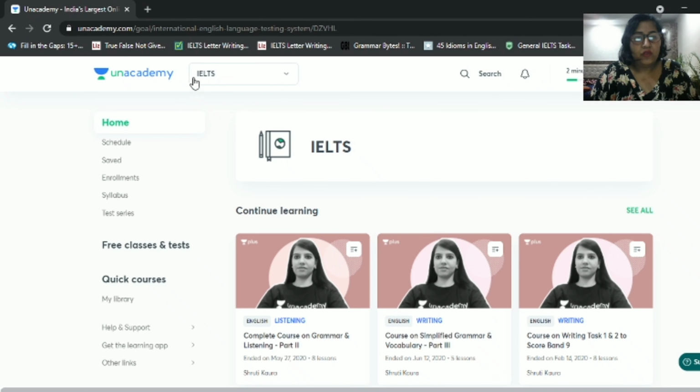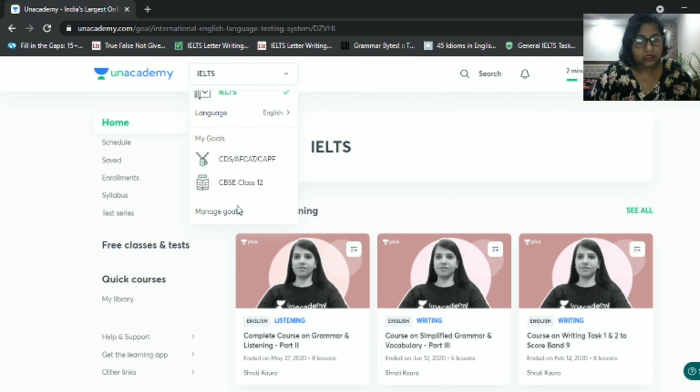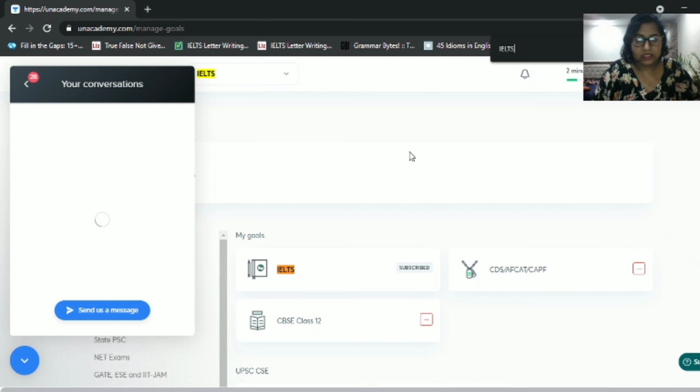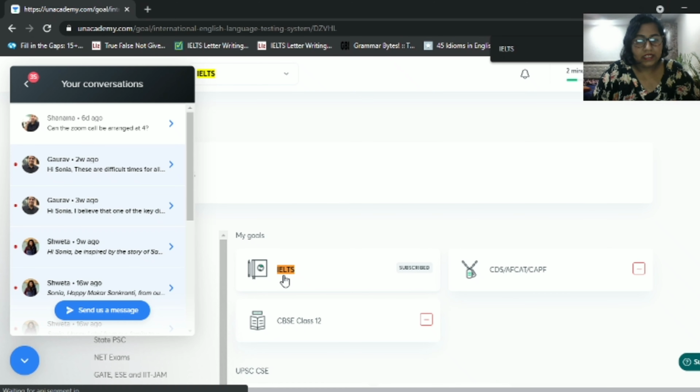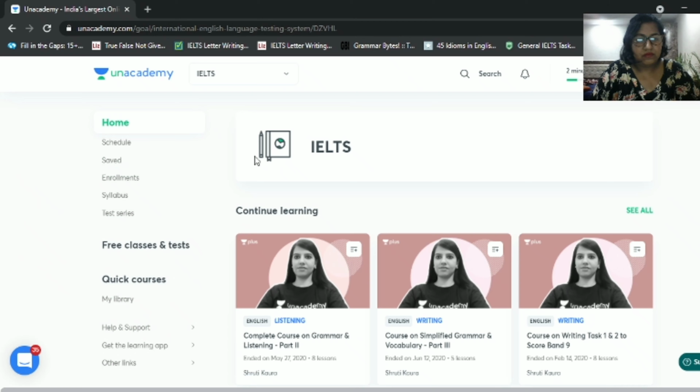See, for me the goal is already selected as IELTS, but for you it would not be selected as IELTS because you are a first-time user. So click on the drop down option, click on manage goals, and you can probably press Control F and search for IELTS. Now click on IELTS and it will take you to the IELTS page. Now what exactly you have to do is you will have to go, and